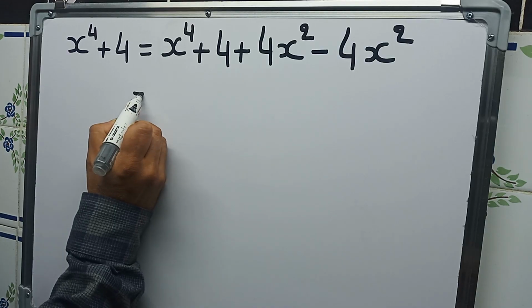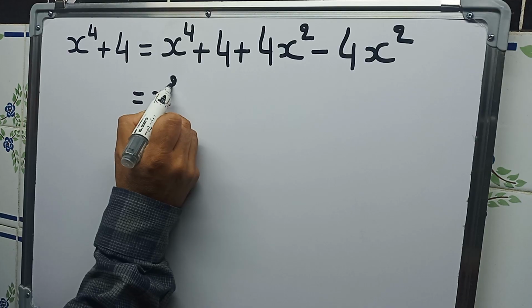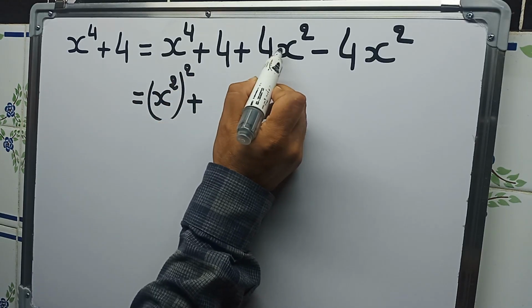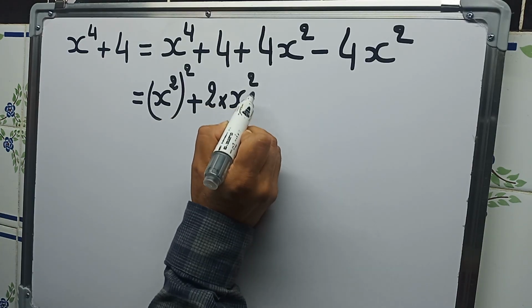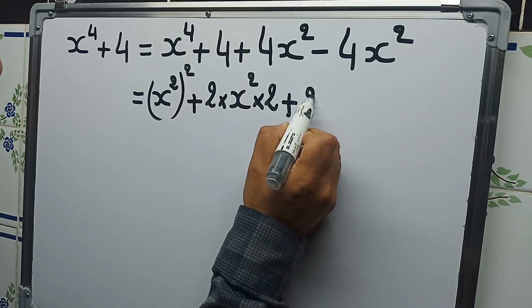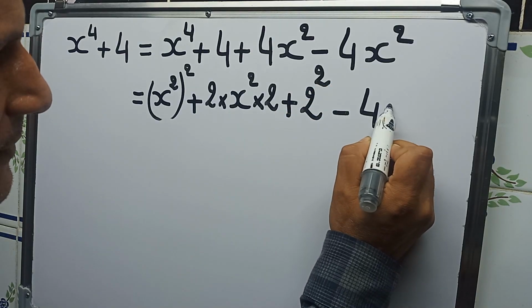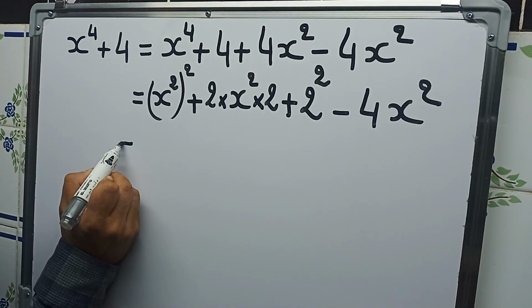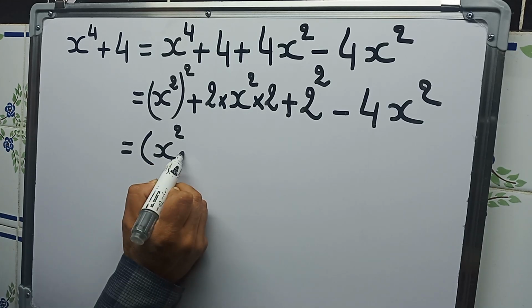Rearranging, x to the power of 4 is x squared squared, plus 4x squared is 2 times x squared times 2, plus 4 is 2 squared, of course minus 4x squared. And here we have our square, our special product, x squared plus 2